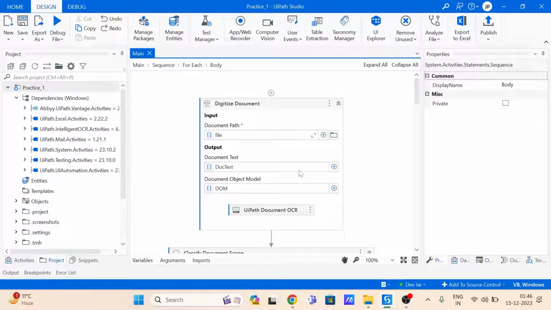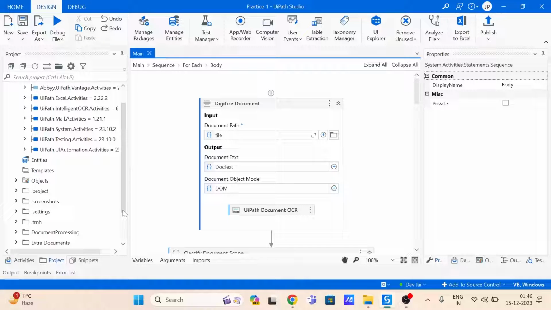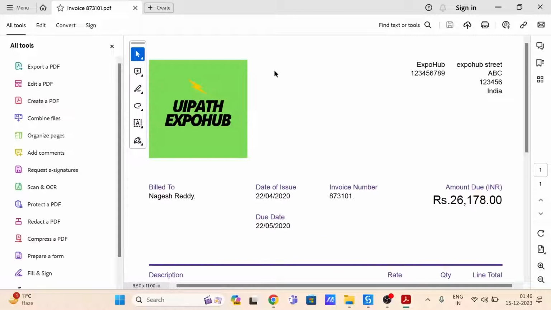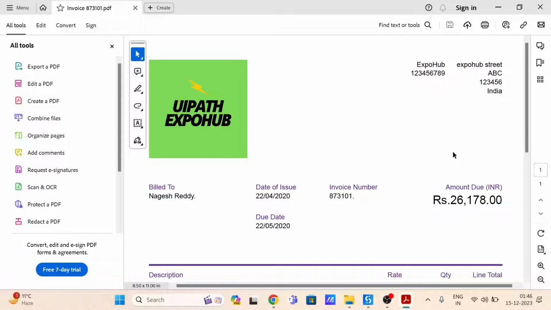For example, we have an invoice over here, and again, guys, this invoice has been provided to us by Rakesh Kumar Behra, so all thanks go to him. Let's go here, invoice. I have already done this. This invoice has already been covered in the previous videos. If you have any doubt, you can refer to the previous ones. So this is the invoice, and I have to extract